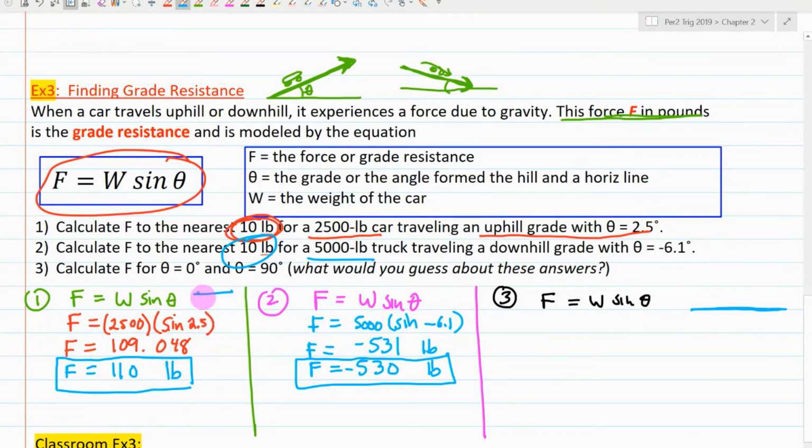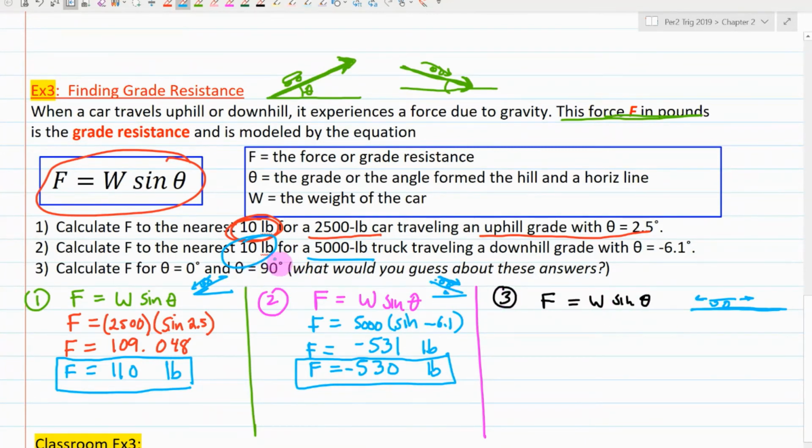Okay, so here it's going uphill. And so gravity's pulling it down a little bit, but because the car is traveling uphill, it's just going to be pulling it down at 110 pounds. Here, that 6.1, the truck is going downhill, and so the gravity and the truck are providing more force. But if there is no hill, then that truck, if it wasn't moving, or the car, wouldn't have any force being pulled on it in any direction. Like, it's not going to be pulling it this way or this way because gravity pulls downhill. Okay, so in this case, you could do the math,